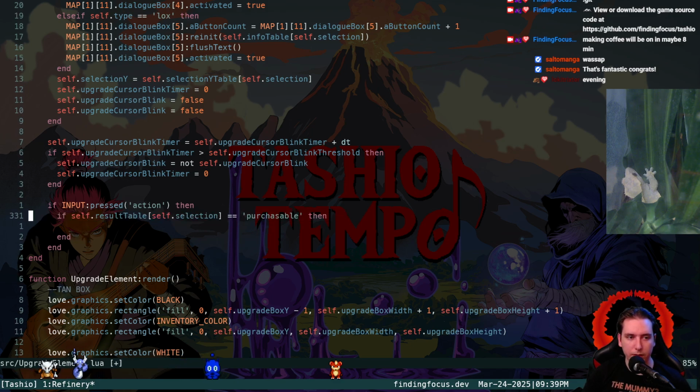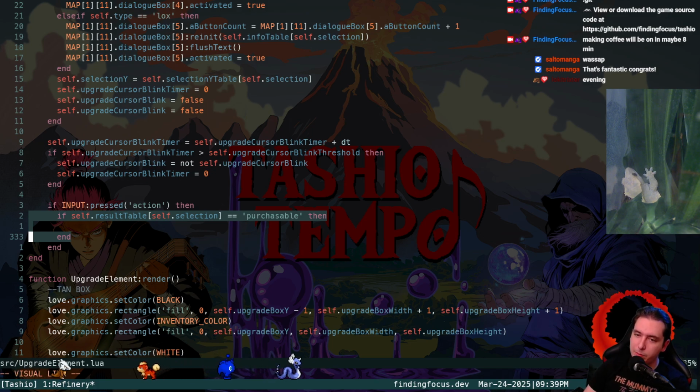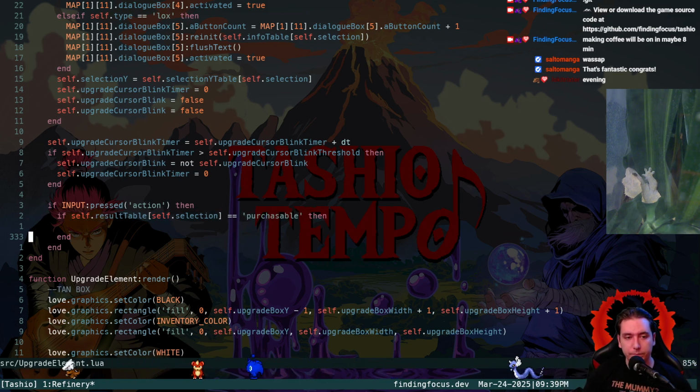So handling the purchase requires a couple of different things. It requires what the purchase cost. It requires your current inventory of your selected upgrade element object. And then it needs to do the arithmetic and then update your selected active level, as well as reinit the dialog box, as well as recalculate the result table color for your selection. Jesus. It's got to do a lot of stuff,